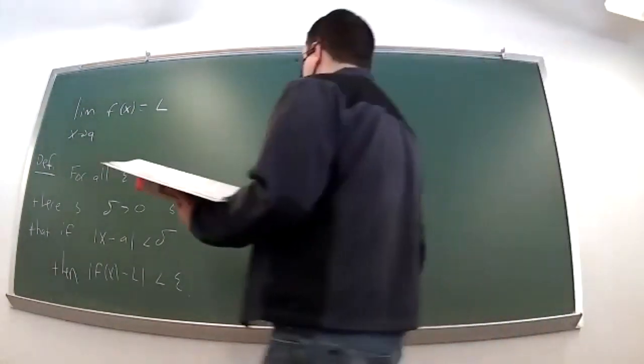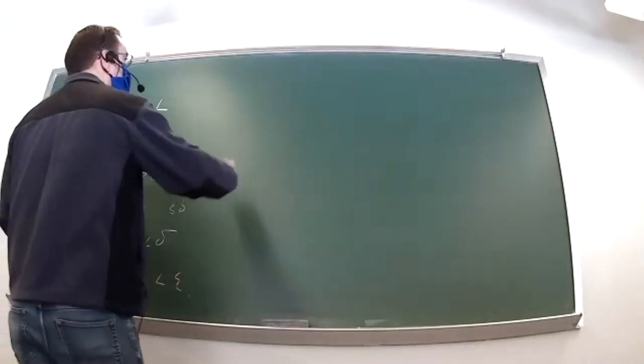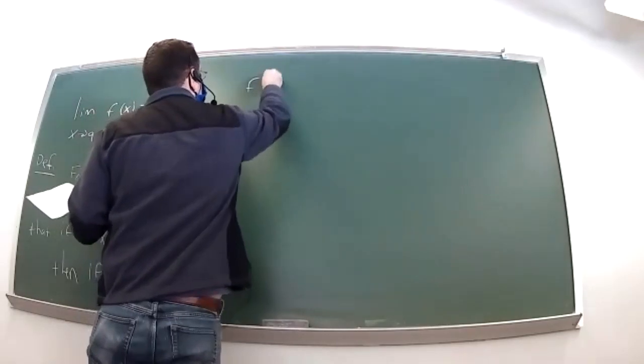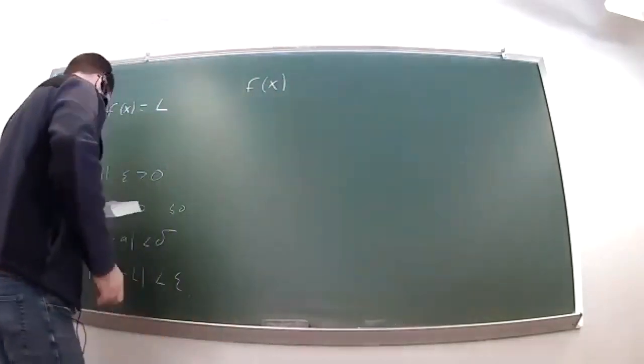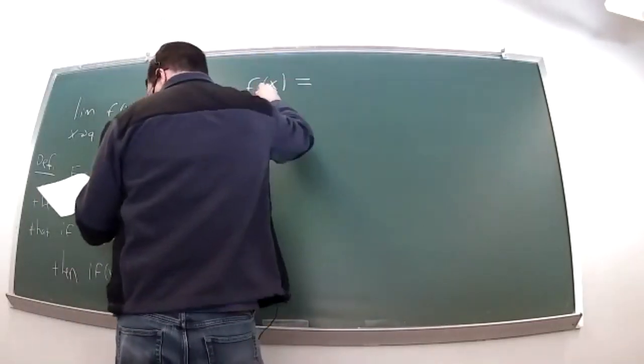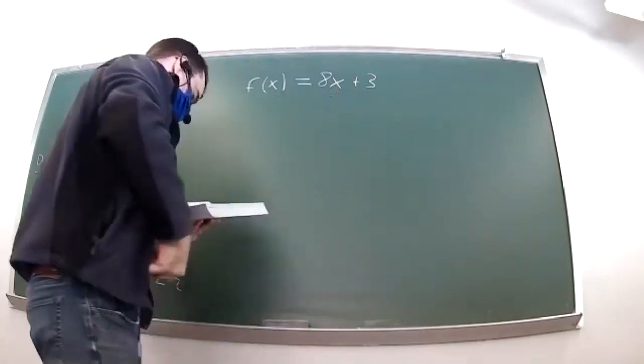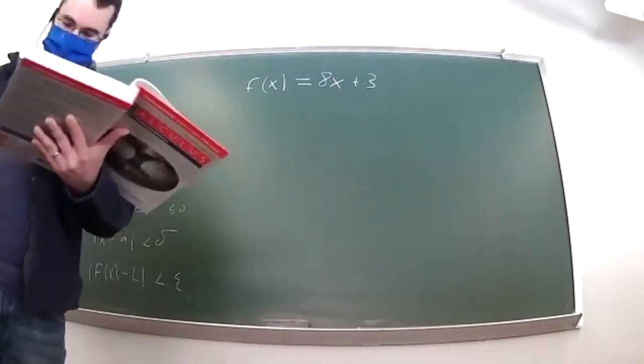examples. And I'll just pick these up from the book and try to work through them because I think they're quite good, at least the statements of the examples, if not the explanations. So let's take f of x equals 8x plus 3. And we know from our intuition